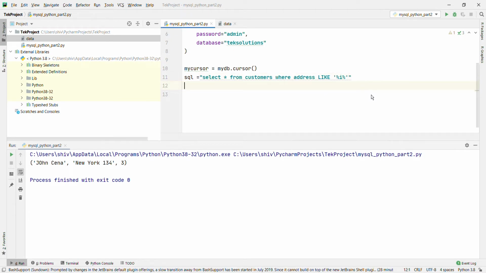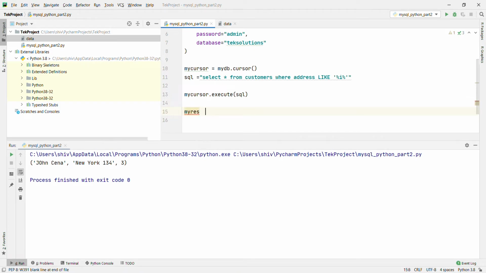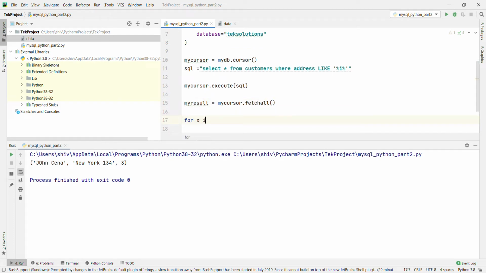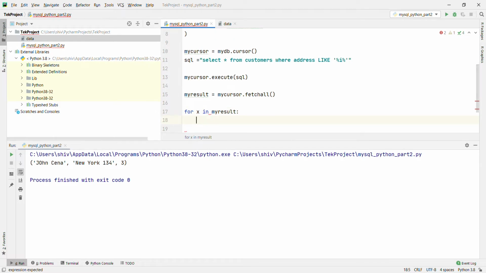Then my cursor.execute, passing the SQL, and my result equal to my cursor.fetchall, we are going to fetch all the records. Then we use a for loop to print the result, print x. Then what will it print with percent I percent?